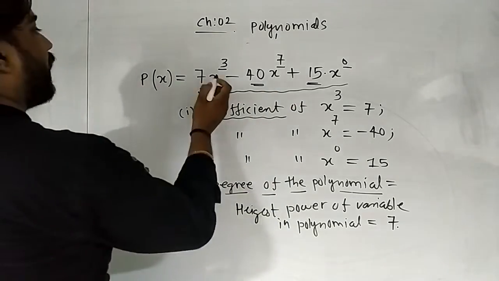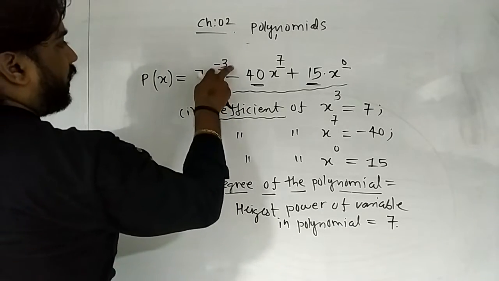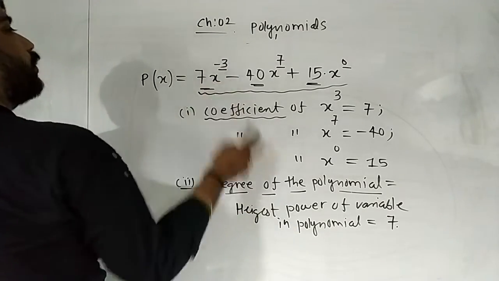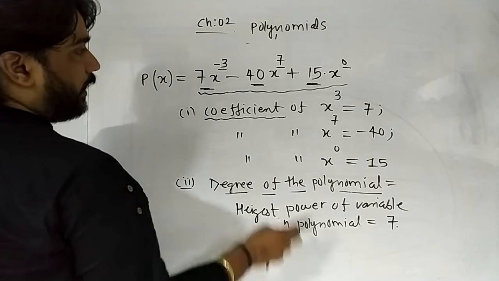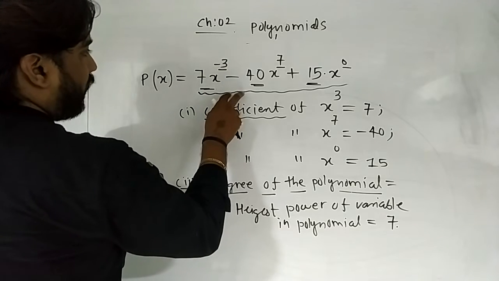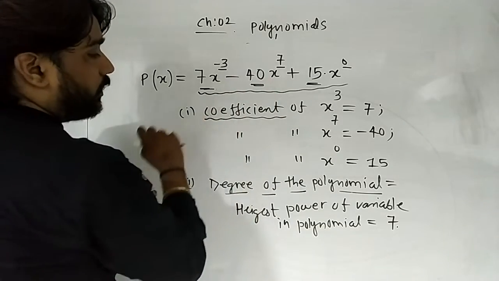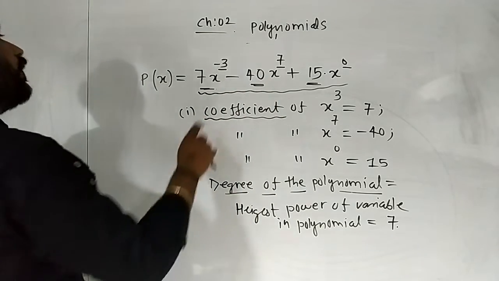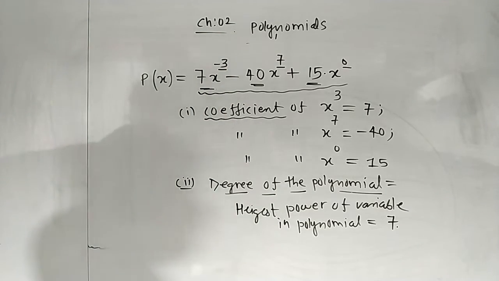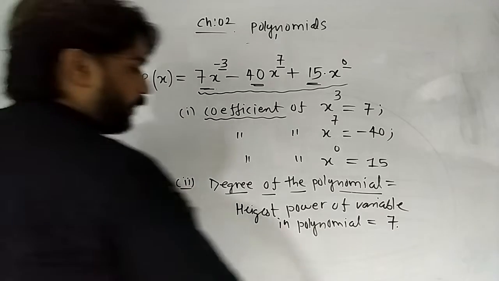Suppose the same question if I just change the power of x, that is -3, यहाँ पे x की power अगर मैं -3 कर देता हूँ, then what will be the degree of the polynomial? अब तो ये polynomial ही नहीं है ना, because the power of x is -3, then this is not a polynomial, this will be now an algebraic expression, तो इसकी degree नहीं मिलेगी. Why? Because this is an algebraic expression. So these are the basic terms, that is coefficient and degree of the polynomial.